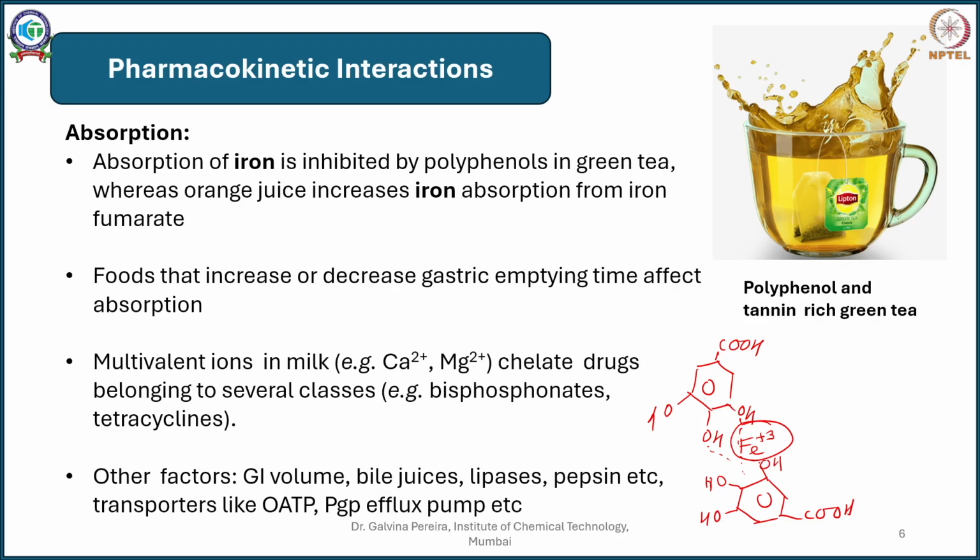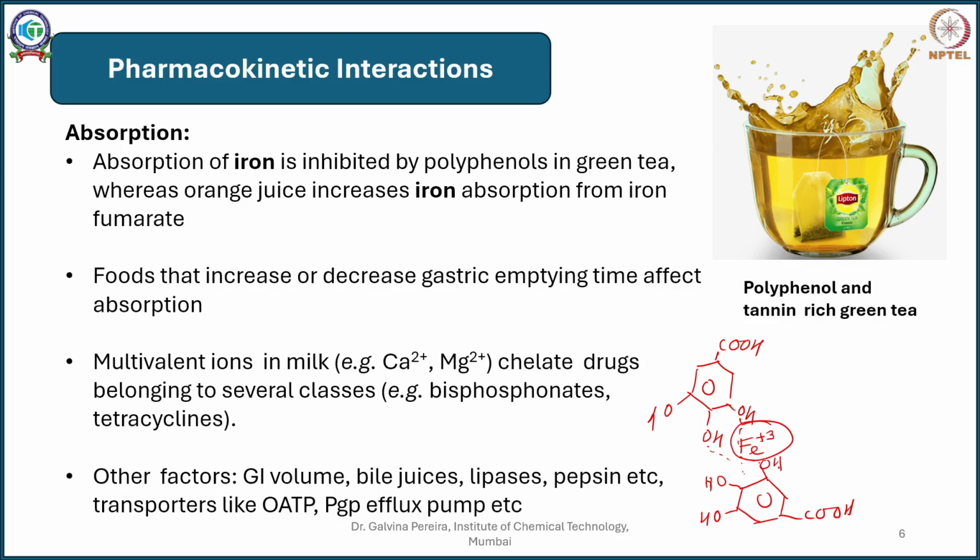So imagine a patient who is low in hemoglobin, who has been advised to take iron tablets, and this person is drinking or taking these tablets along with green tea. There is very little chance that this iron is going to get absorbed because your green tea polyphenols will chelate it. Similarly, you will see that on the other side, there are certain substances which can increase the absorption